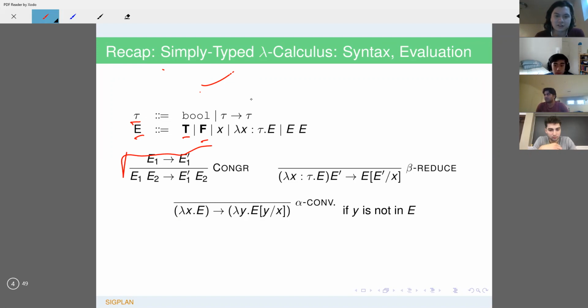We have this congruence reduction rule that says if we're doing an application and the thing on the left is not already a function, we can just keep evaluating it until it is. Once it is a function, then we can apply the function by substituting in this argument e prime for x in the body e. And we can also alpha convert, which we didn't talk too much about,